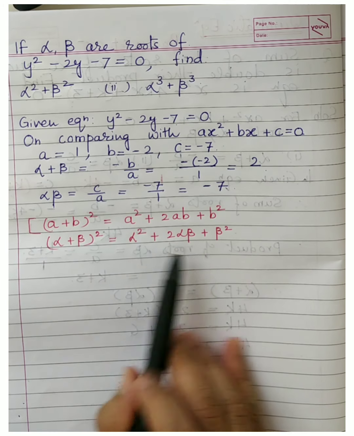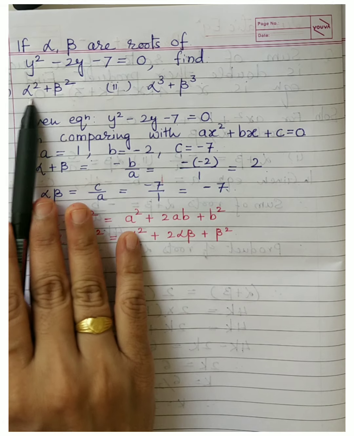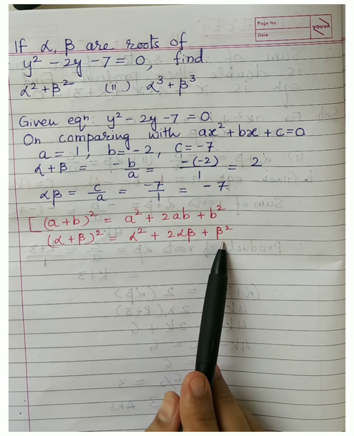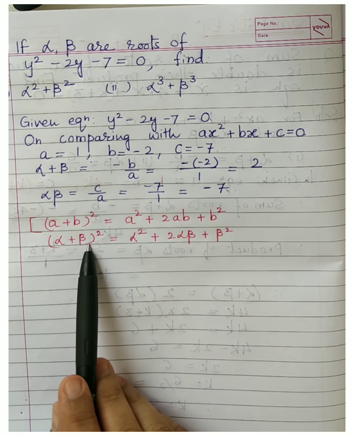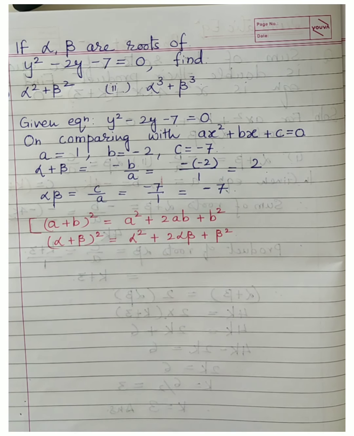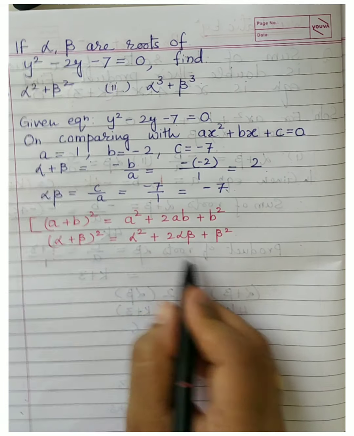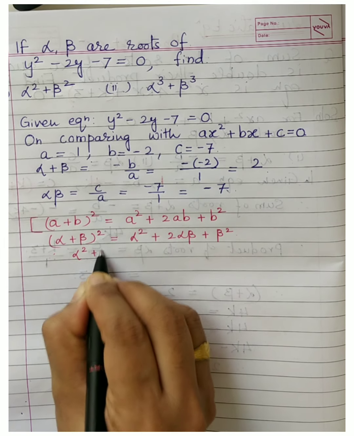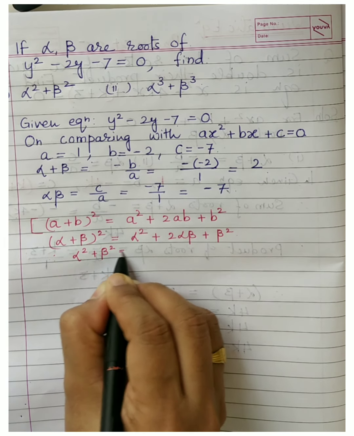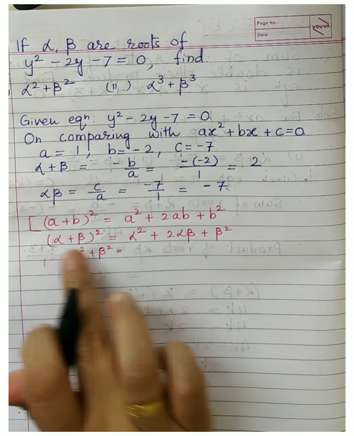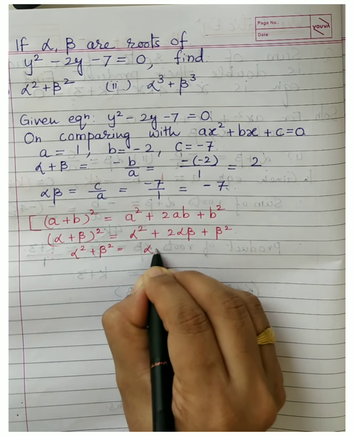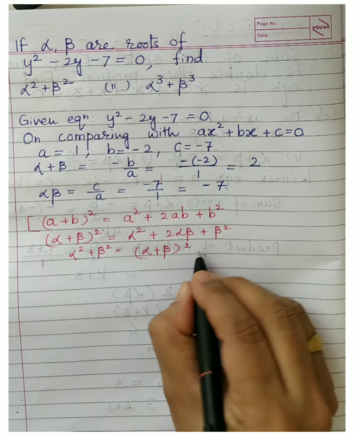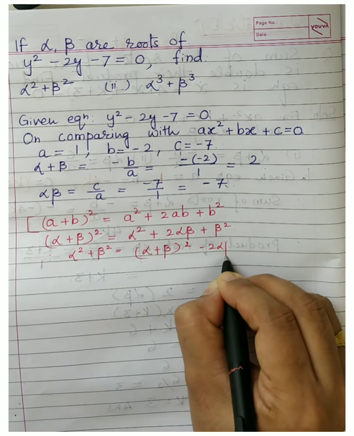Now just go back to the question. What we have to find? Alpha square plus beta square. So you can find the value of alpha square plus beta square, as you know right now alpha plus beta and alpha into beta's value. So I will make it more simple. Since I have to find the value of alpha square plus beta square, how do I get the formula? Alpha square plus beta square keeping this side, so what goes to the other side? Other side already alpha plus beta the whole square you have, and you shift minus 2 alpha beta.